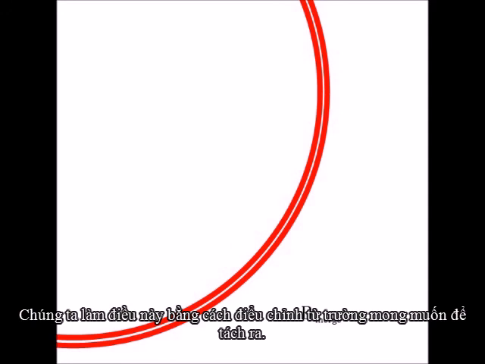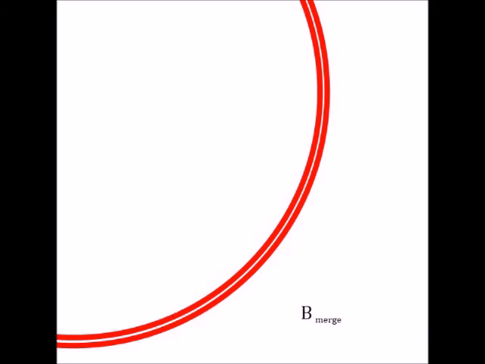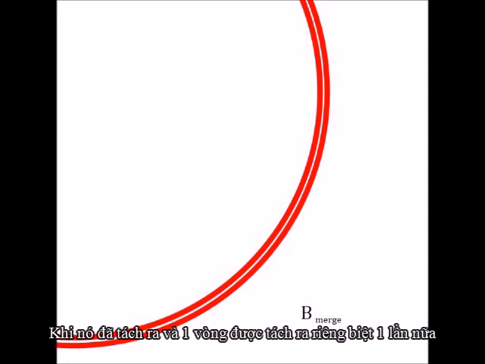We do this by measuring the magnetic field of when the two split rings merge. To do this, we measure the magnetic field of when the split rings first touch and of when the split rings